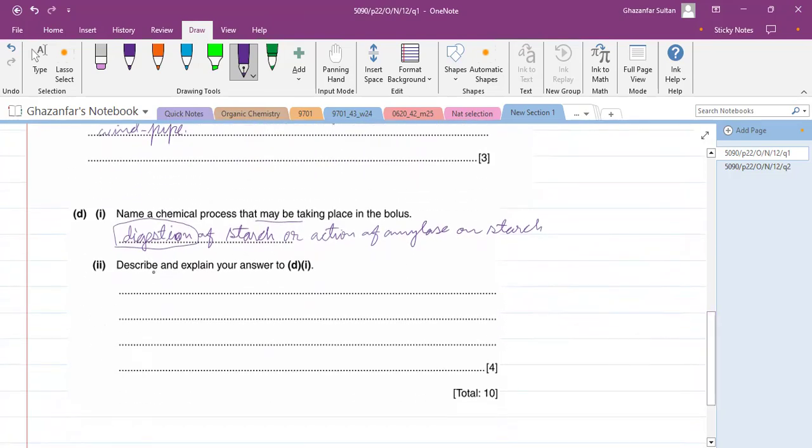It is much better. Now describe and explain your answer to D1. As I told you that D1 is digestion process. So in this digestion process, what's going on? And it gives you how much marks? 4 marks. So how will you get this? As bolus contains amylase from saliva,